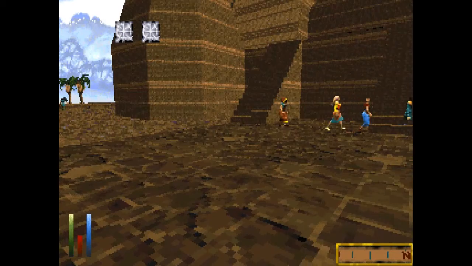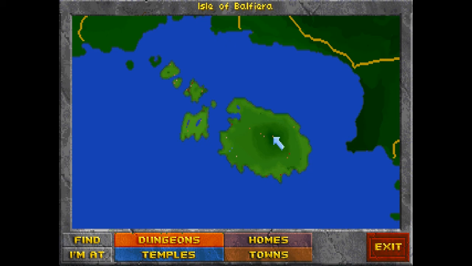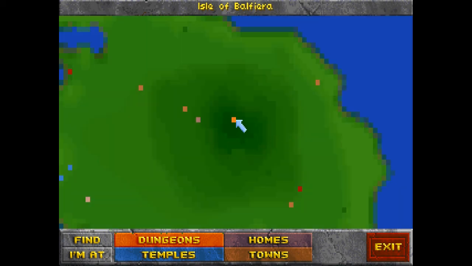Damn it. Hold on. I just want to... It's an island? It's Bethany. Ooh, the Isle of Balafera. What do we got here? Dureni Tower. Huh. I wonder...